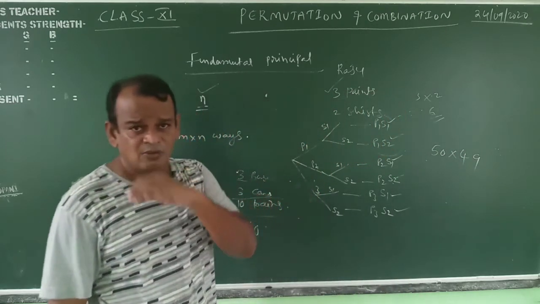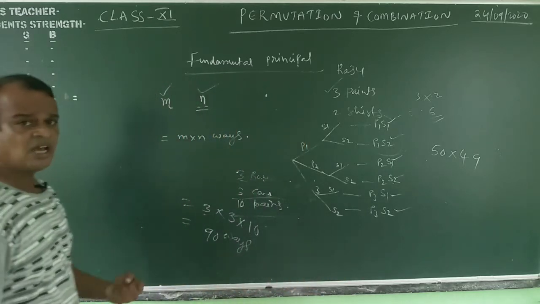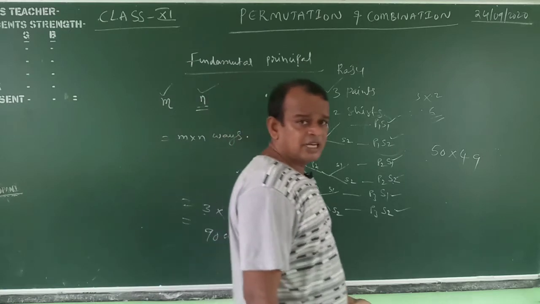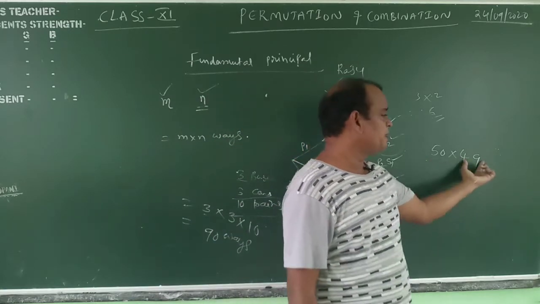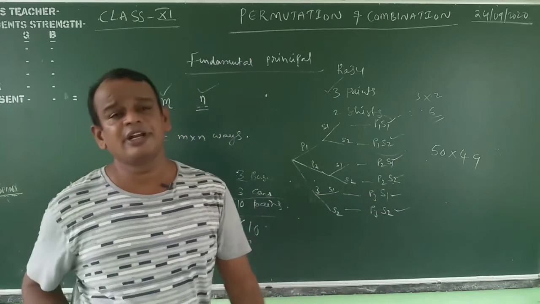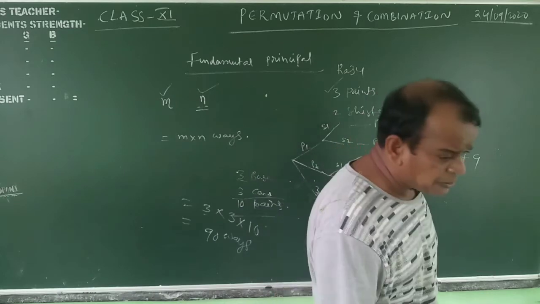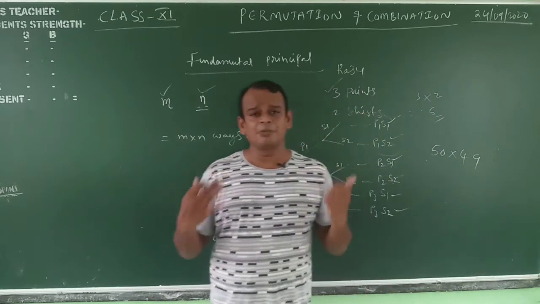Okay, my dear students. What does the fundamental principle mean? In the same way, every student purchases the 49 cards. Total number of students is 50, every student purchases the 49 cards, means total number of cards is equal to 50 into 49, my dear students. I hope that you understood. That's why I am telling you the meaning of the fundamental principle.